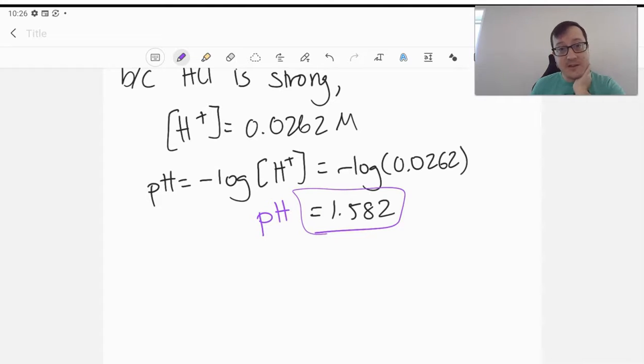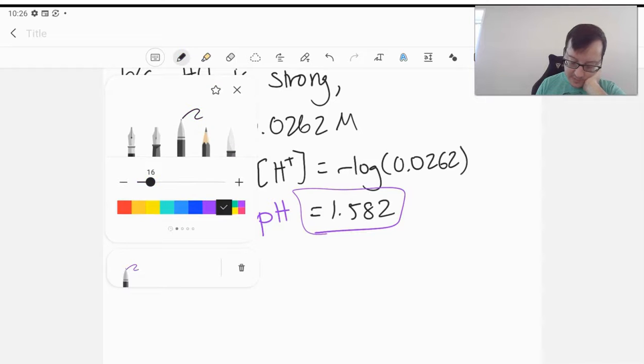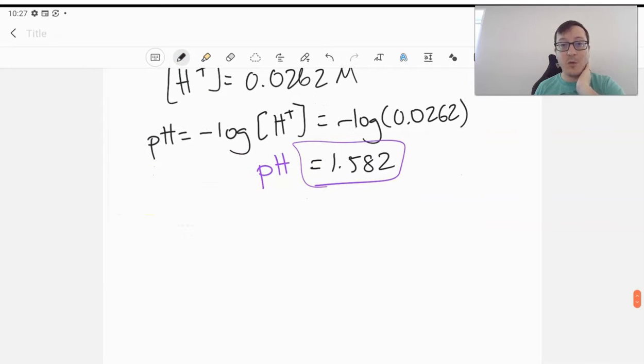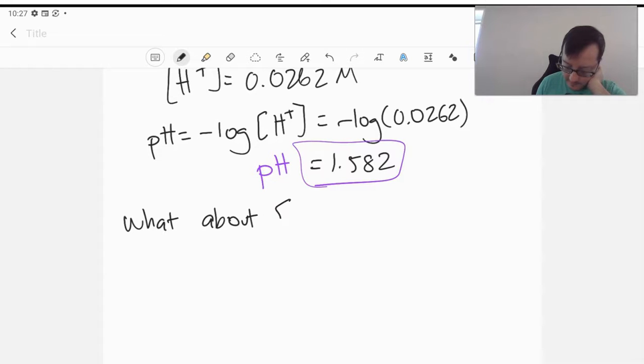We can do other things, though. We can figure out the OH minus concentration, because sometimes that's important. Maybe we want to focus on the OH minus. What about OH minus? Well, we know how to do this, maybe. If you remember